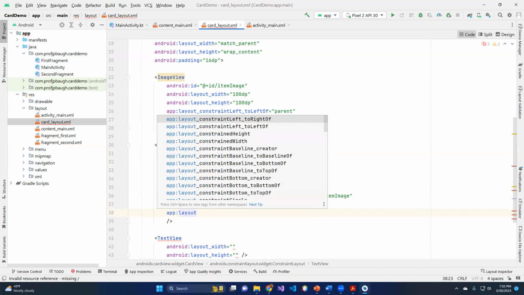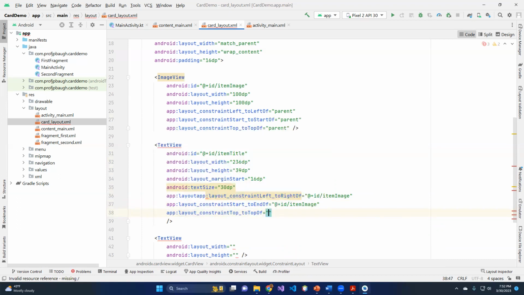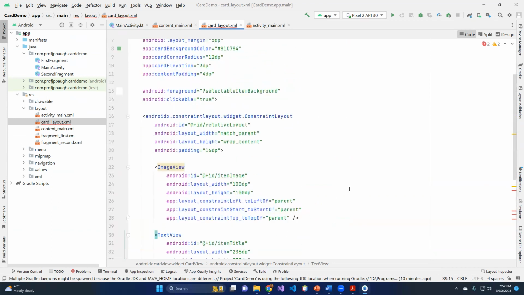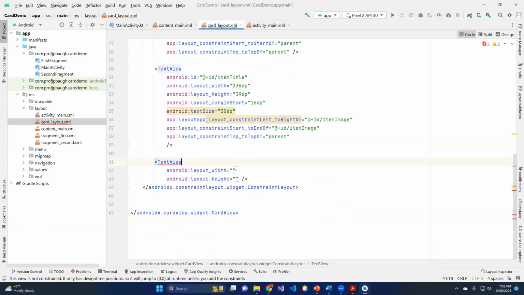App layout constraint top to the top of the parent. So this is going to be the thing on the top. So this text view's top is going to be up at the top of the parent, which is constraint layout. Now, this final text view down here,